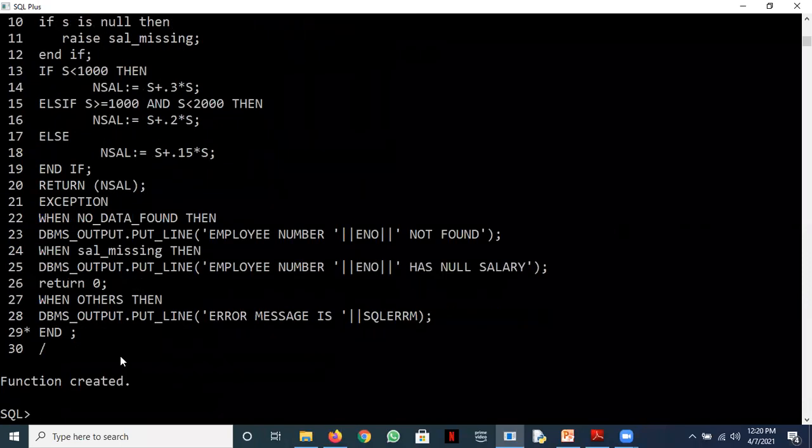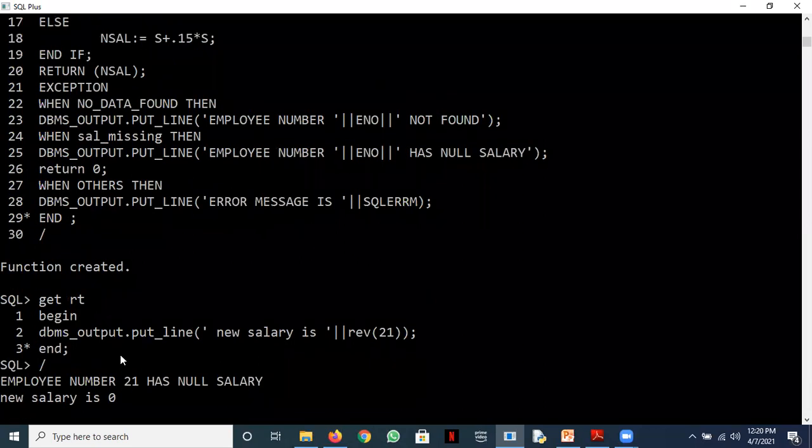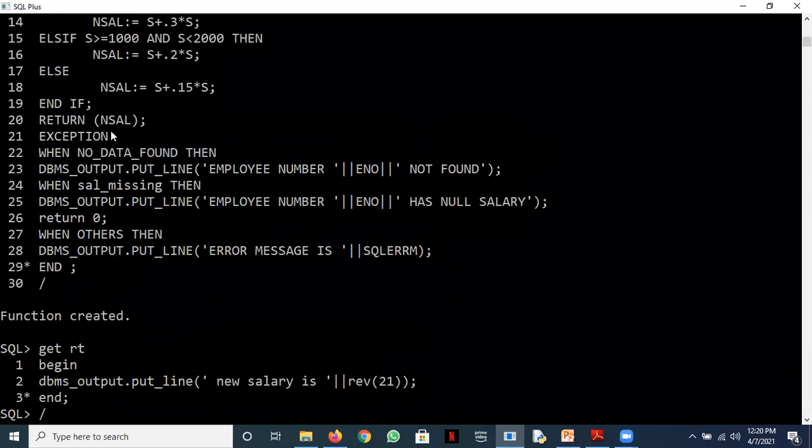It seems it's okay. We have added this return 0. Now let's run that. Employee number 21 has null salary, and the new salary is 0. That is also taking place.